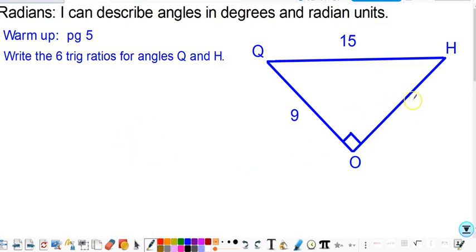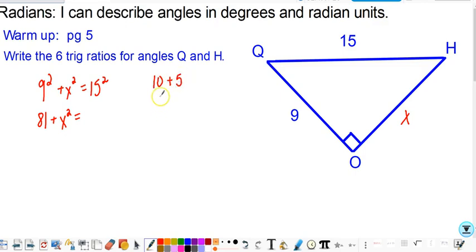So the first thing we have to do is find this missing leg of the right triangle. I'll call it Q because it's opposite angle Q. Oh no, I don't like that because of the 9. Hang on, I'm just going to make it an x. All right, 9 squared plus x squared equals 15 squared. 81 plus x squared equals, well, 15 squared